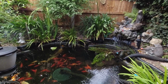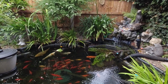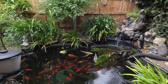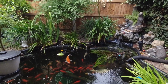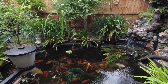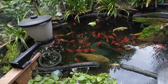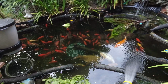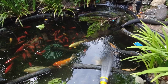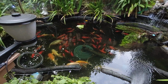So we've got the pine tree branches there. Goldfish have been going absolutely berserk breeding on there, spawning. As I said, I think I mentioned before, I really want the koi to spawn. The chagoi looks absolutely huge. Look at the size of the body on her. So I'm hoping she'll spawn and get rid of some of the eggs in there, because I do think she's carrying eggs. Either that or she's just a fat sod. I don't want them to get egg bound. So hopefully